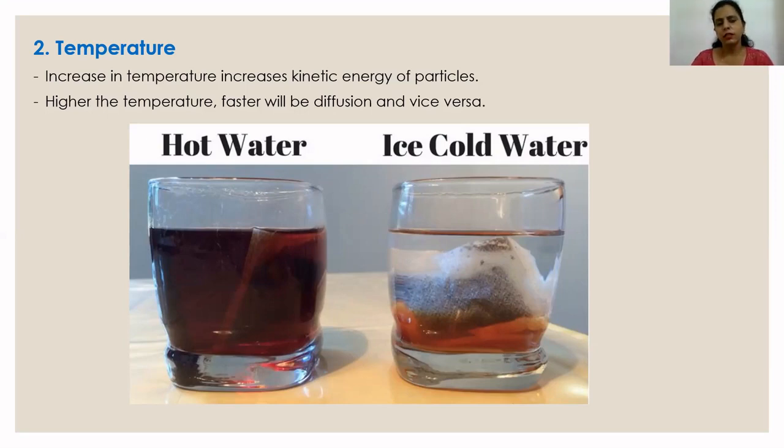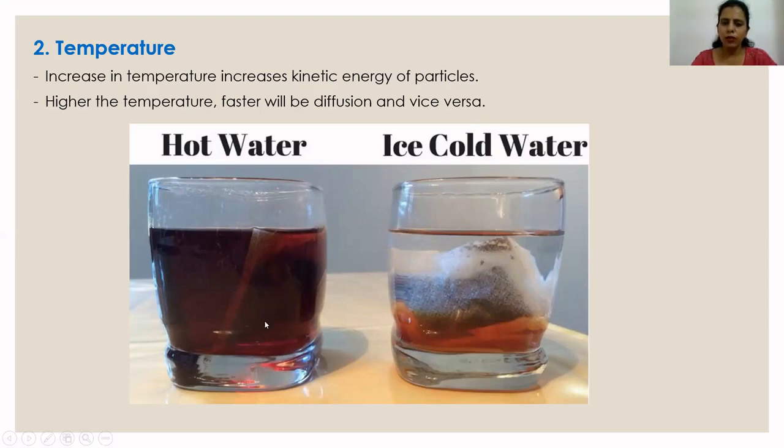Okay, so hence increase in temperature causes increase in kinetic energy of the particles, and hence the rate of diffusion increases. But if we decrease temperature, kinetic energy of the particles will decrease and rate of diffusion will also decrease. Here we have the example of a tea bag which is dipped in hot water and ice cold water. Now for example, if this tea bag was dipped in hot water and ice cold water for 5 minutes, what happens is in case of hot water, the tea particles which are present inside the tea bag,